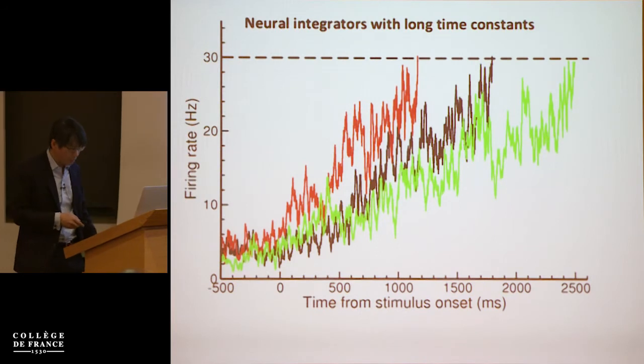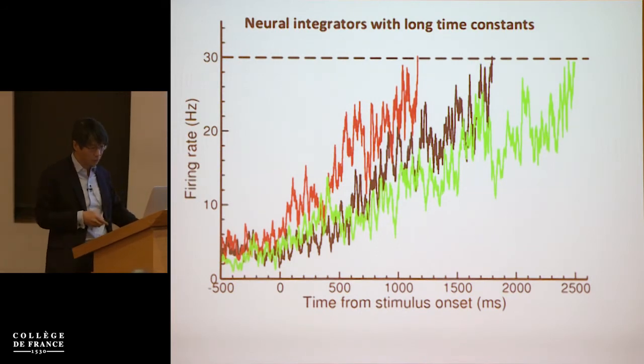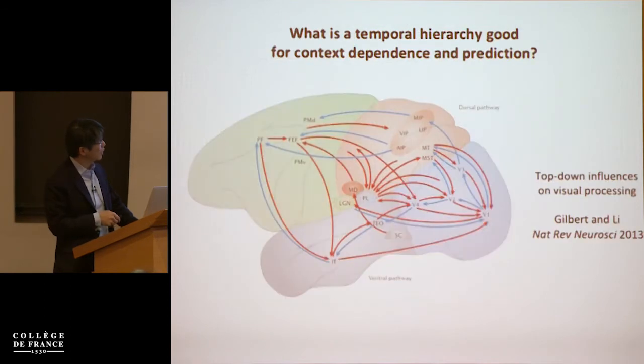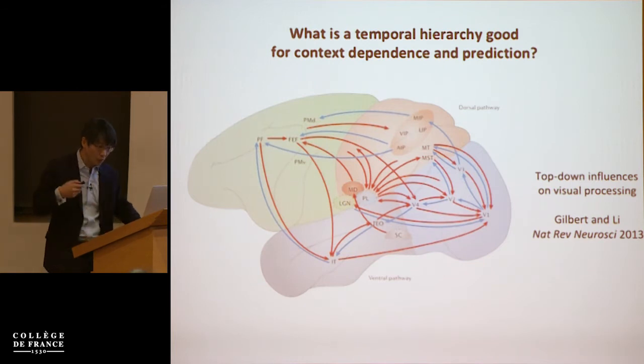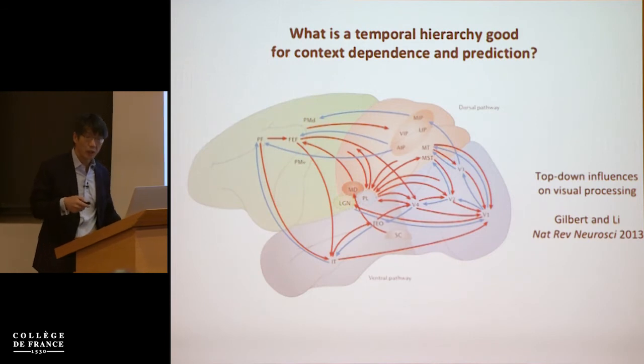Now you can start to think about what this hierarchy of time constants might be good for. One idea we're currently exploring is related to the role of feedbacks. What's shown here is from a review by Gilbert and Lee, showing feed-forward projections in the visual system in blue and feedback projections in red, giving you the impression that there's a lot of feedback projections, right, in the visual system, which, by the way, has not really been understood well and, say, applied to artificial intelligence, right? Deep networks are mostly deep feed-forward networks. So the kind of systems we talk about here today and next week, if you like, are the deep recurrent